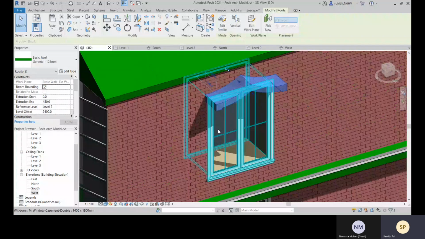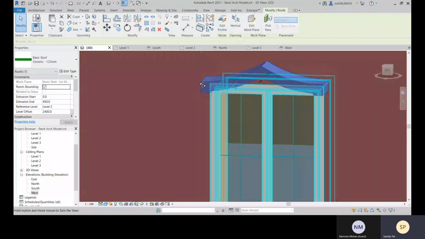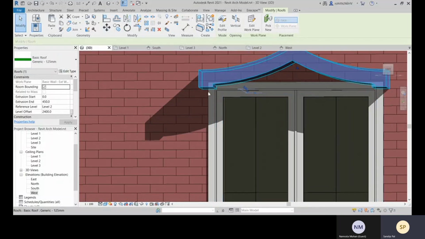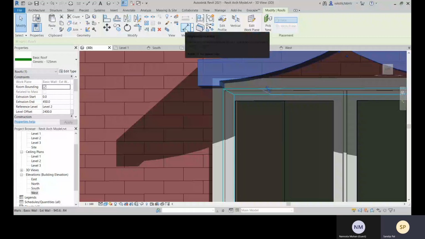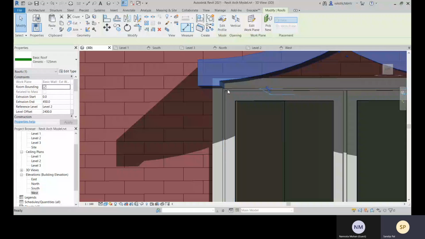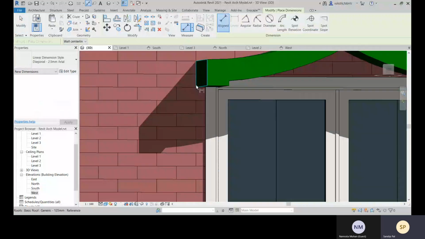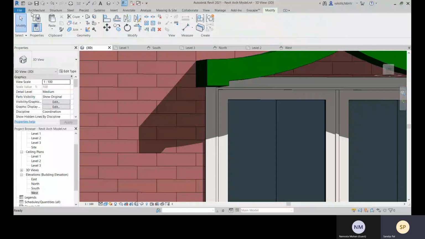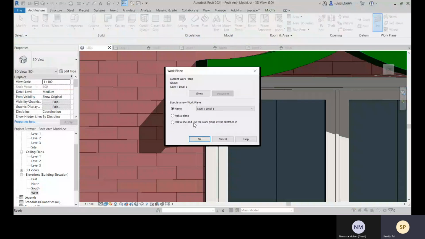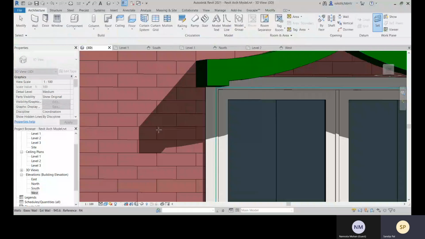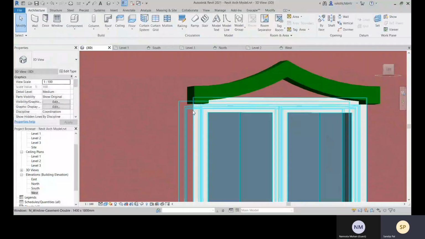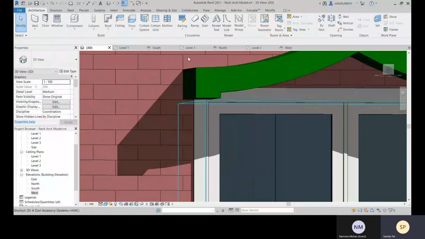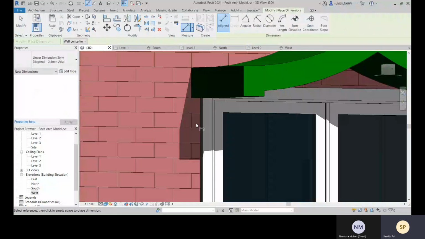And what you can do is, these surfaces you can lock with align dimensions. For that, what you do is set the work plane, pick a plane. So this is your work plane right now, and then the dimension.